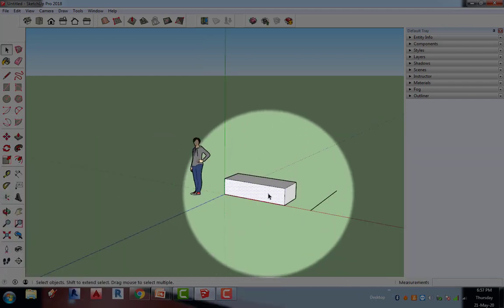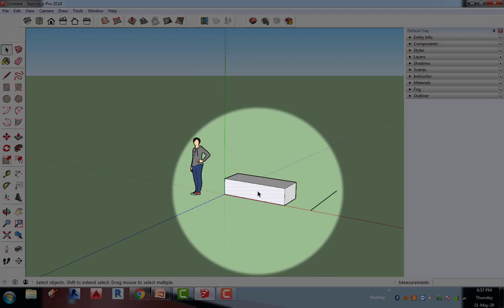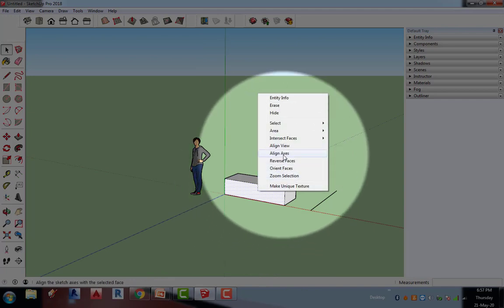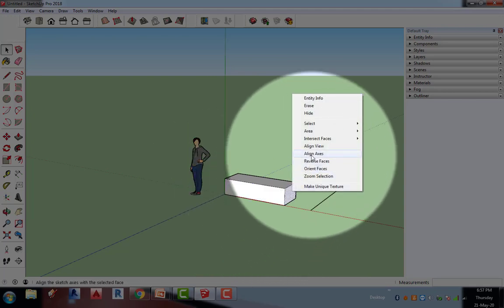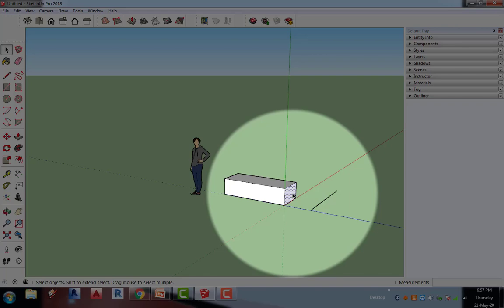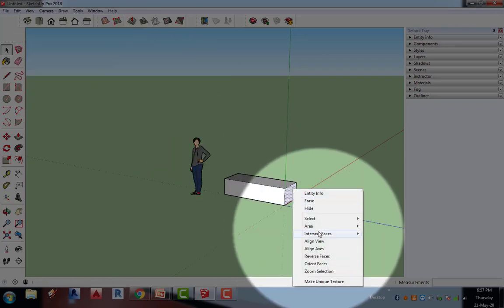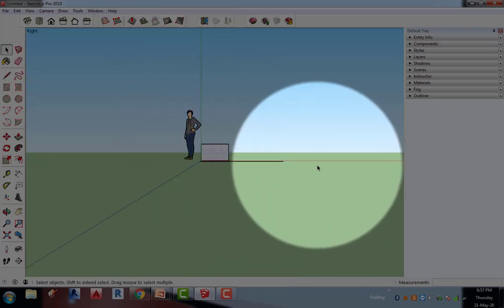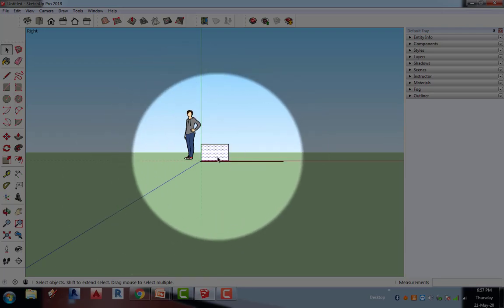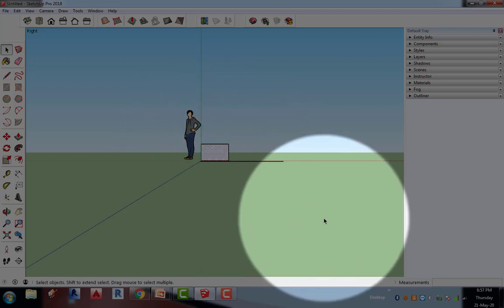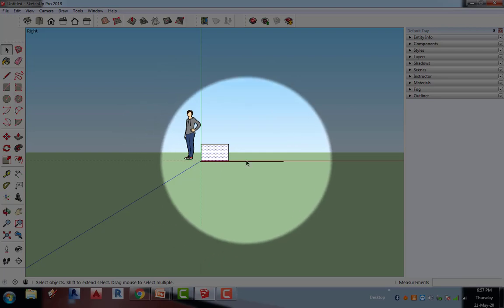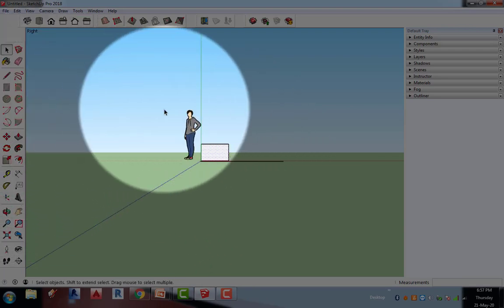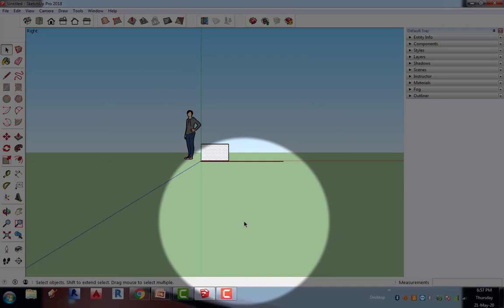You can see here, right click once, left mouse button, right click again, align axis. So now the axis is aligned. For example, I want to align the axis to this face, and then I can align my views as well as per that. Now you see how the axis is aligned and the face is aligned. This becomes very important when you are actually working on projects, for easy movement to your particular positions. So that is how this entire axis system works.